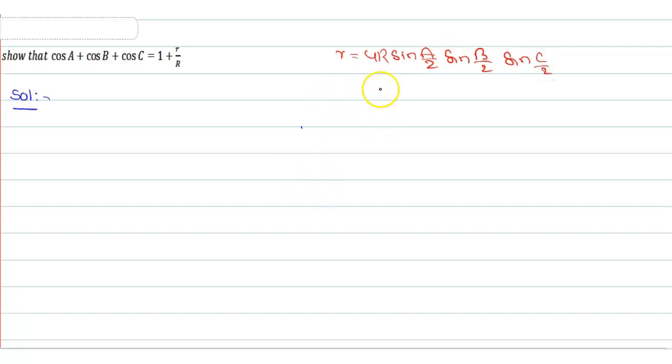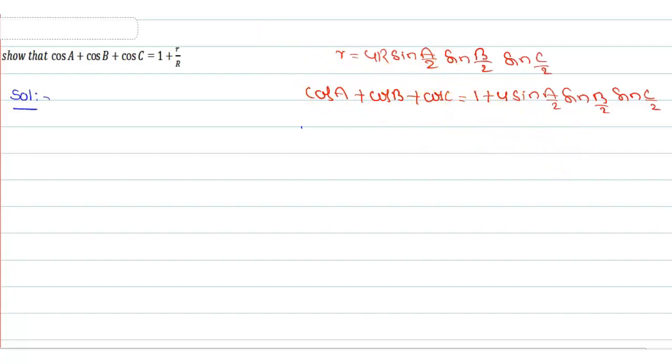And one more condition we need to remember here. By the transformation, we can remember cos A plus cos B plus cos C is equal to 1 plus 4 sin A by 2 sin B by 2 sin C by 2. Instead of cos A plus cos B plus cos C, directly I can write this value. If the question is for 7 marks, you need to write the proof of this, in the sense, the proof of cos A plus cos B plus cos C. If it is there in 4 marks, you can write directly like this.